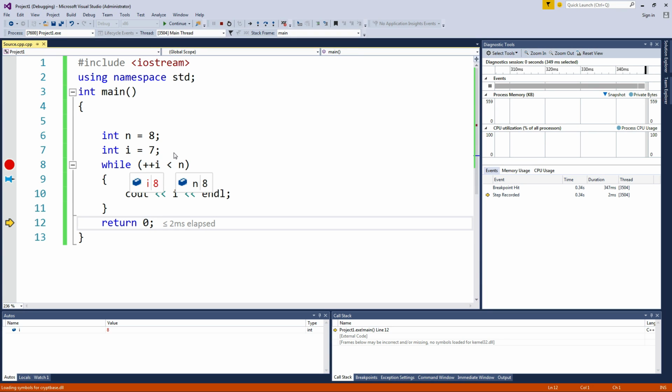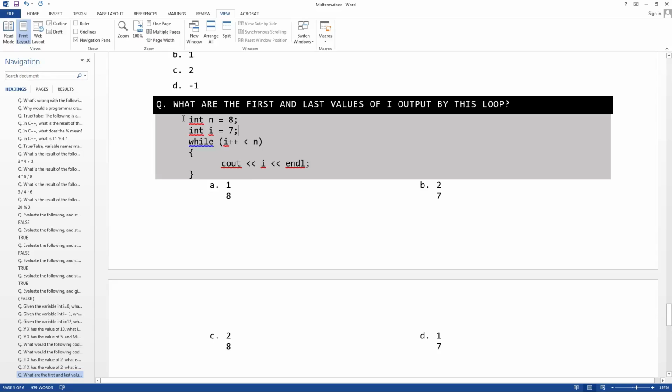All right? So ultimately, it's all boiling down to how many times that loop will actually run. And in this case, the answer is going to be C.